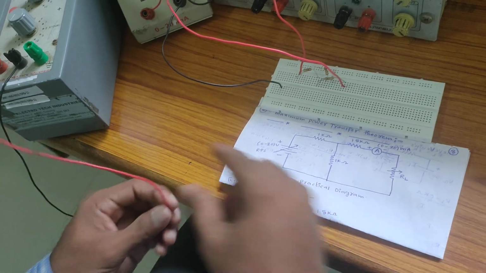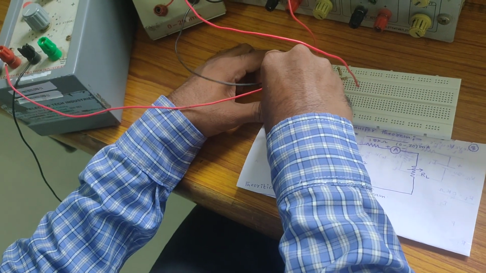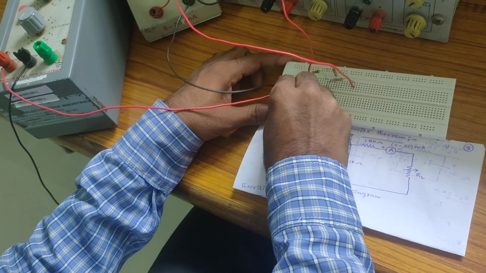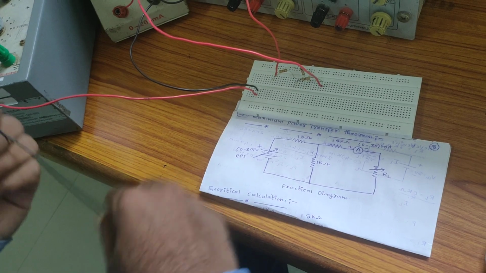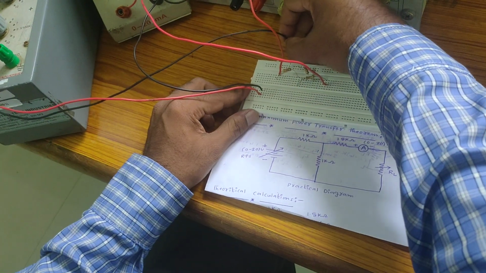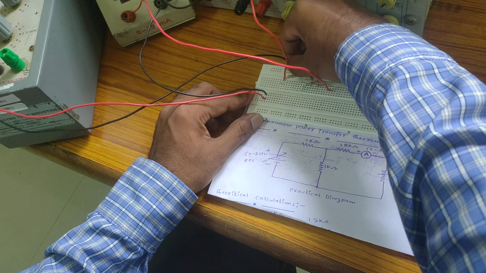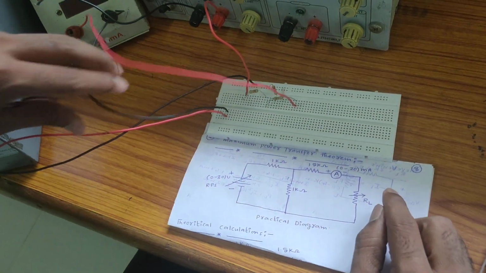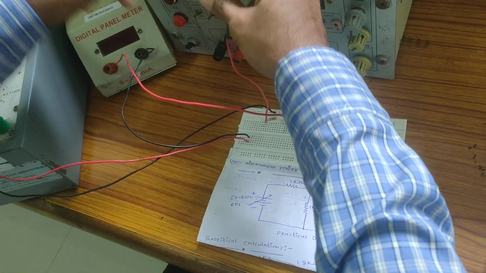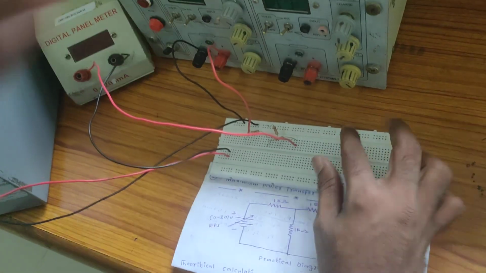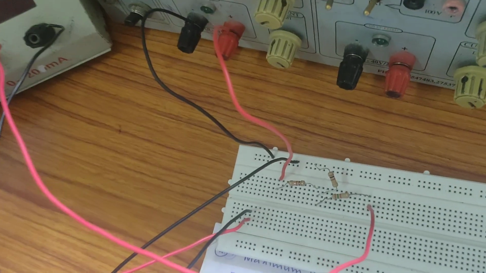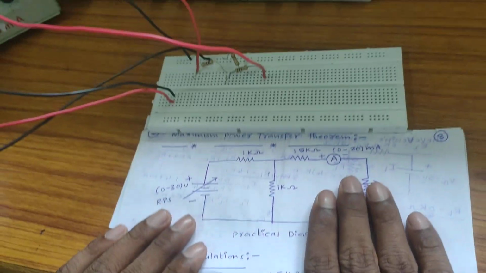Now see here, the ammeter negative is connected at one point. At that point the decade resistance box starting point is connected, and this load resistance, the decade resistance box ending point, is connected to ground. Already ground is connected here. Next, RPS negative is also connected to ground. Ground has 3 terminals. Now the connections are over; these are the connections.